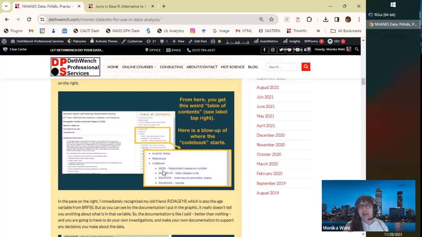And then in each data set, there's hardly anything. There's just a few variables. So what that means is you have to download a bunch of them and join a bunch of them together, okay? And so what's happening here is